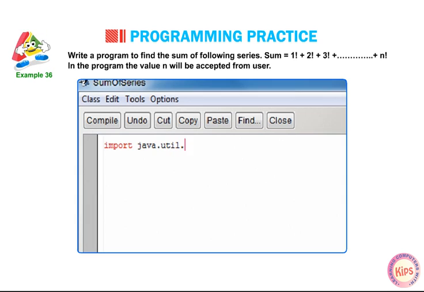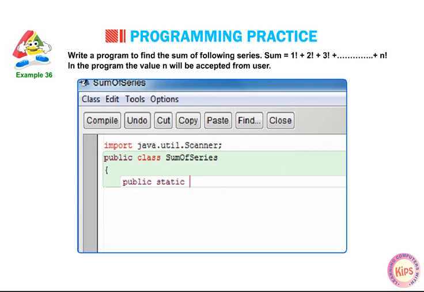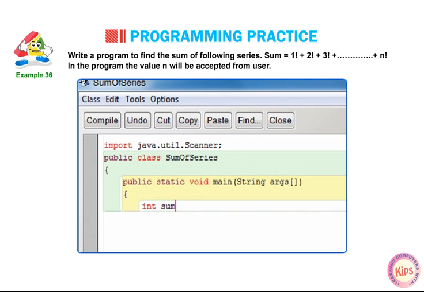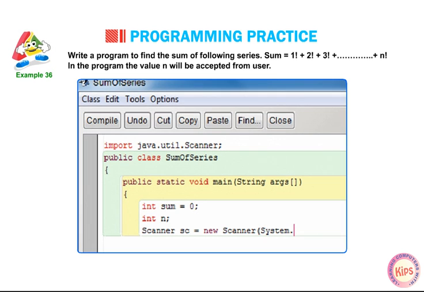import java.util.Scanner; public class SumOfSeries { public static void main(String[] args) { int sum = 0; int n; Scanner sc = new Scanner(System.in);